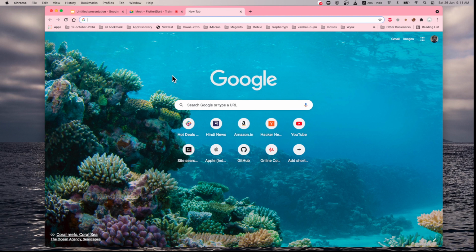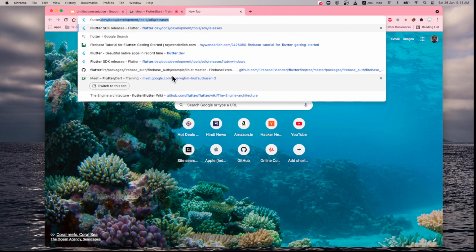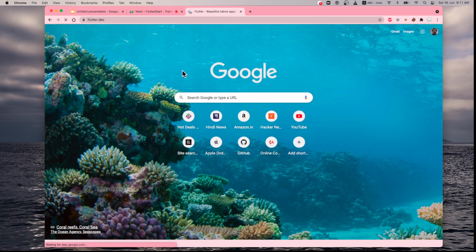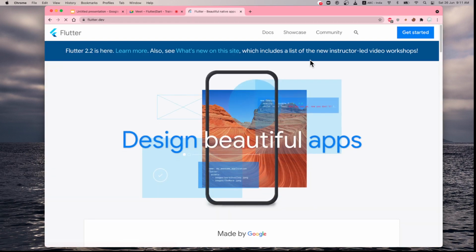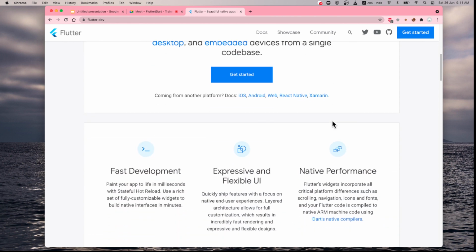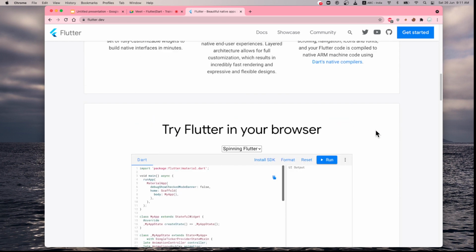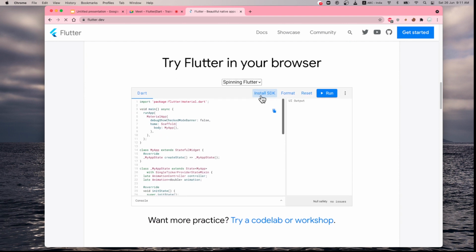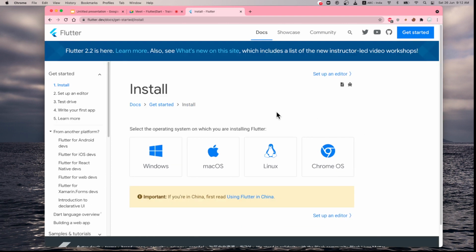Yeah. Okay, so from here you can go to flutter.dev and then install the Flutter SDK. There are multiple ways to install the Flutter SDK. You can use your Android Studio, or Visual Studio Code, or the IntelliJ editor, or any editor of your choice which supports the Flutter SDK. So in Flutter you can install on Windows, Mac, Linux, or Chrome OS.